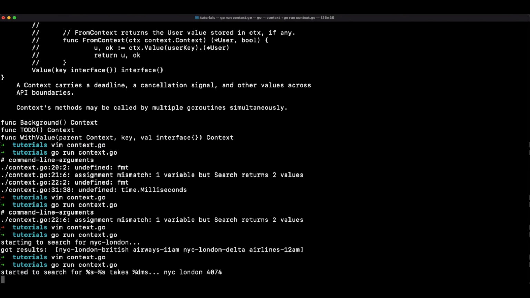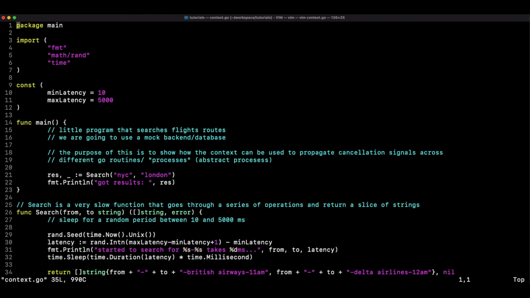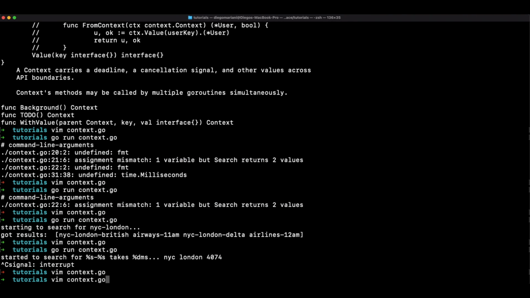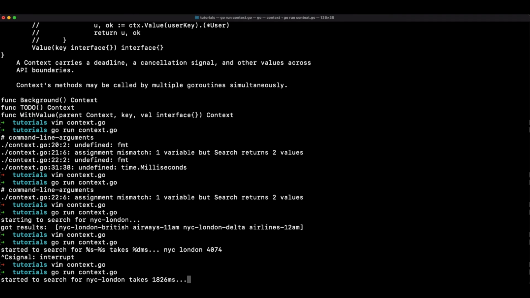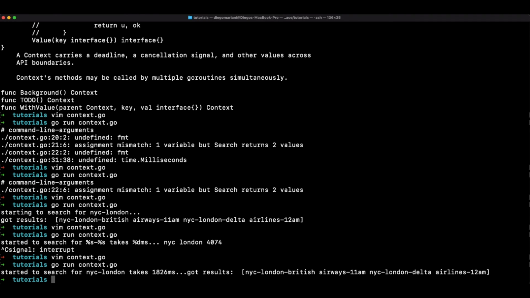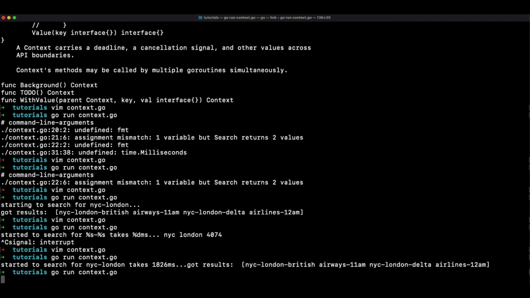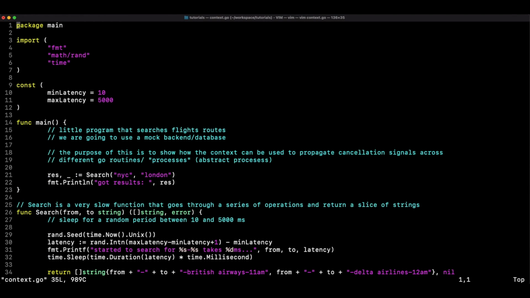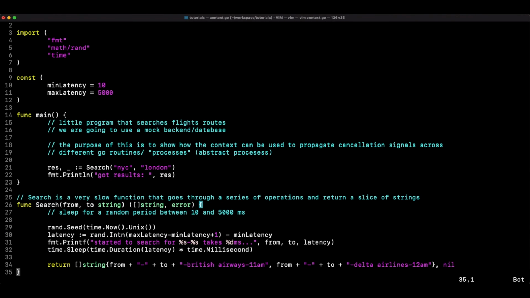So now we just need to change this. In this case, it's taking 1.8 seconds. So we run it again, it's going to take almost 5 seconds, and so on. You got the gist. So once we know that we have this function here,